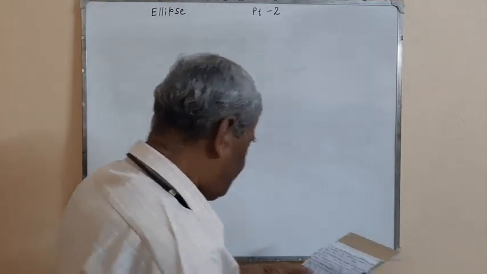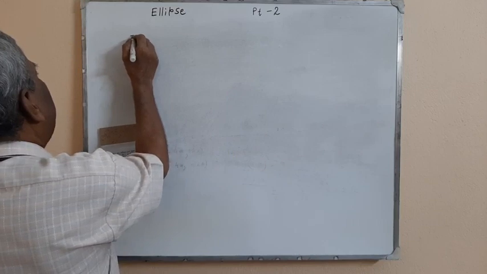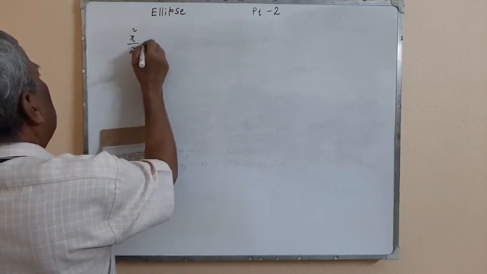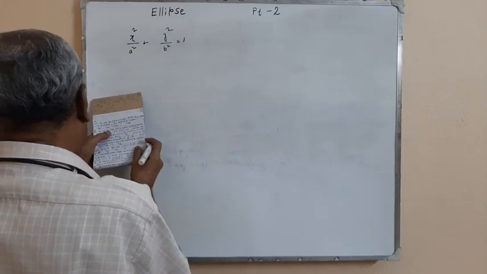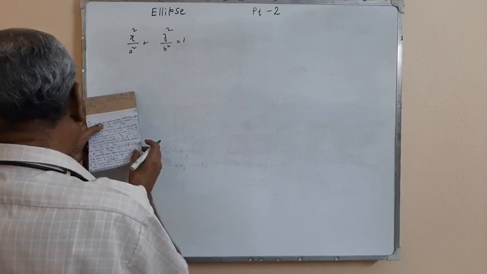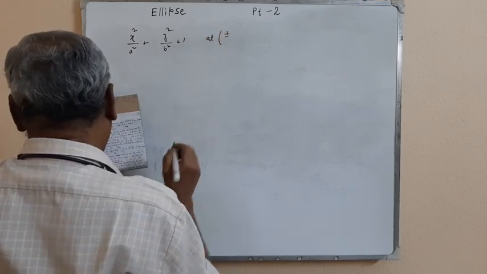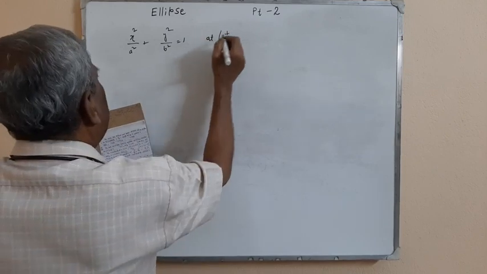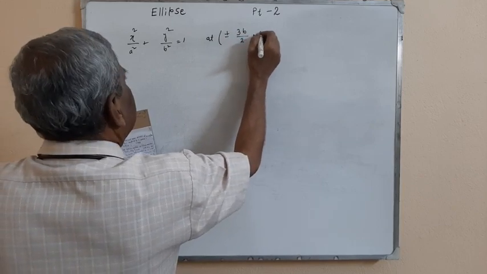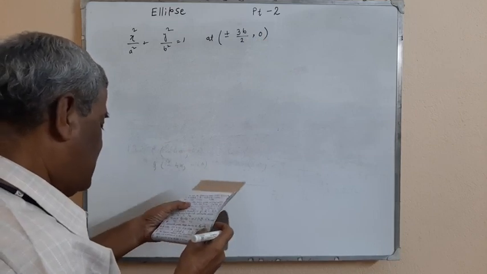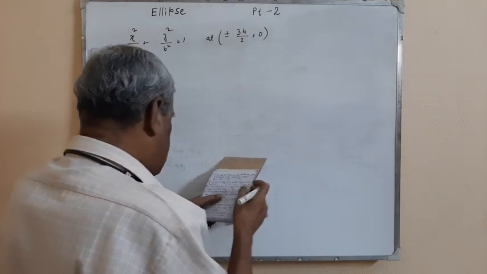First problem is: the focus of x square by a square plus y square by b square is equal to 1 is at plus minus 3b by 2 comma 0, then its eccentricity is, options: